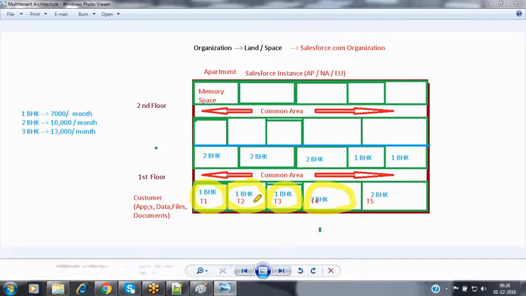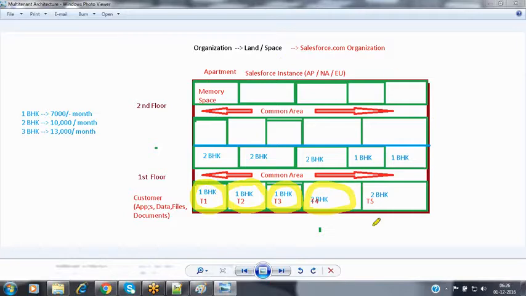Like the same way here also, let's treat this apartment space like your Salesforce server. Whatever flat is available, treat that as one customer, the tenant is one customer. Now in that flat we have some space, and that space is the memory space given by Salesforce to you. In that space the person places their household items. Those household items are our applications, our data, our records, our files, everything we place inside that memory space given by Salesforce to you.